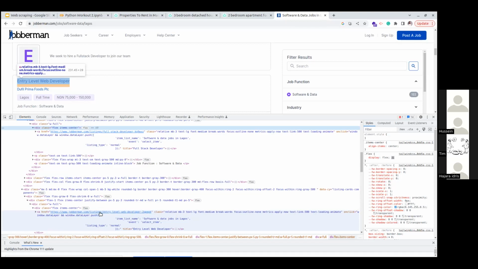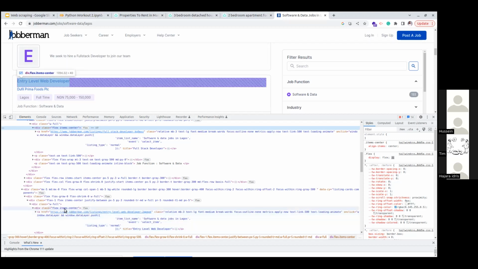And you see that for this one now, it's not like the other one where they are giving us the property ID that will now attach to a domain that will give us the URL for that particular listing. This one they've even given us in the Ahref, and with Beautiful Soup, you just need to identify the link inside this flex class.